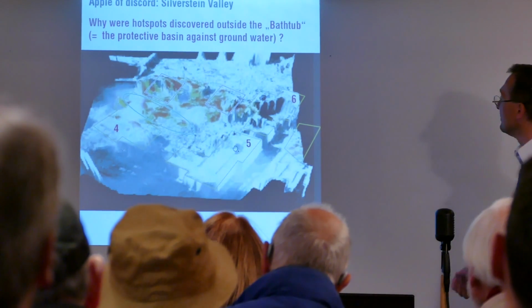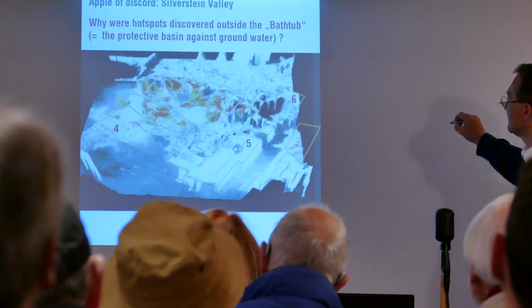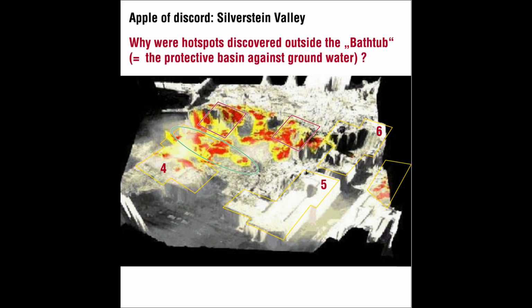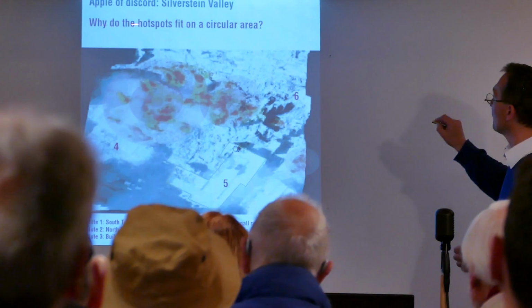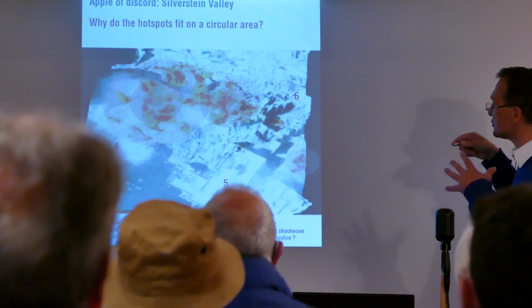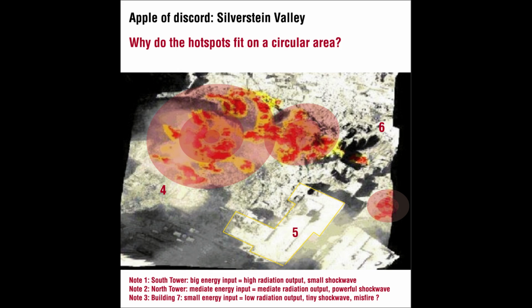Here we have a three-dimensional map of the situation. We have here the South Tower, the North Tower, and Building 7. And this is the hot glacier valley from Larry Silverstein. And why do the hot spots of this valley fit on a circular area? So you have the South Tower with enormous energy input, the North Tower with the thermal input a bit smaller,